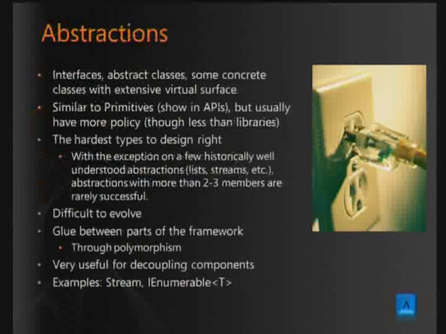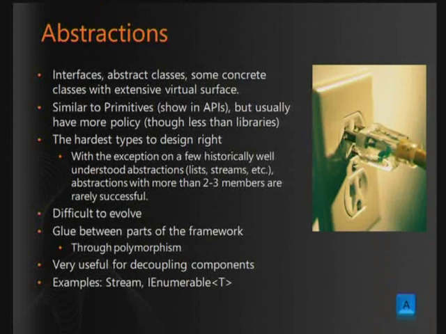So the second group is abstractions. Abstractions are on the borderline between primitives and libraries. And they are, in fact, the hardest types to design. And we spend the most time designing them. I do API reviews for people creating the .NET Framework, and whenever I see some abstraction and they claim that it will be the new thing that glues the parts of the framework, I'm a bit skeptical,